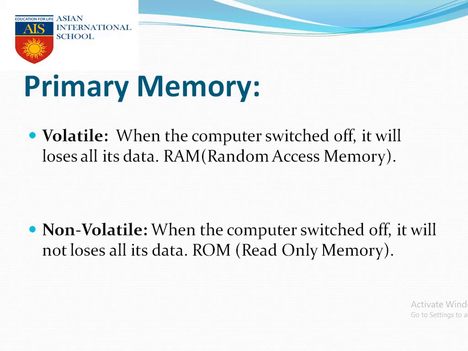An example is RAM. Random access memory is a volatile memory. And what is non-volatile memory? It can store the data permanently. Even if you switch off your computer, it can store the data. So it is the read-only memory. So RAM, random access memory, is volatile memory which will erase the data whenever you switch off the machine, and ROM, which is read-only memory, can store the data permanently until you delete it.